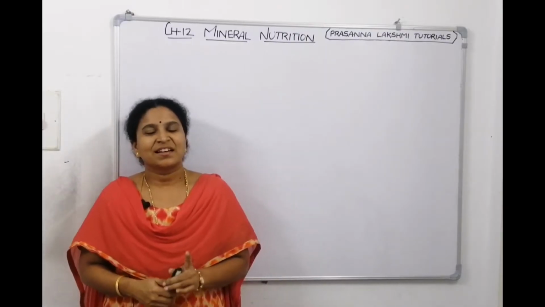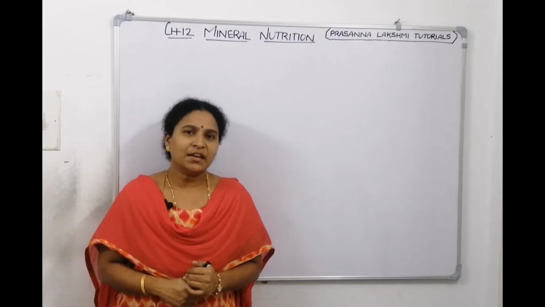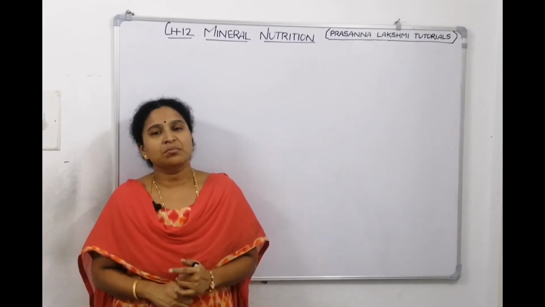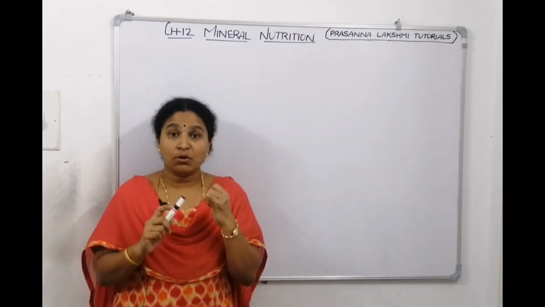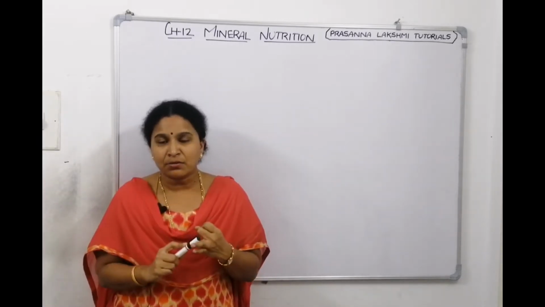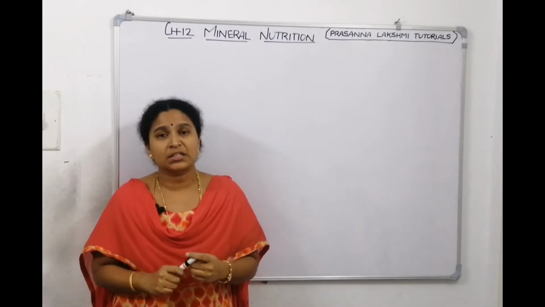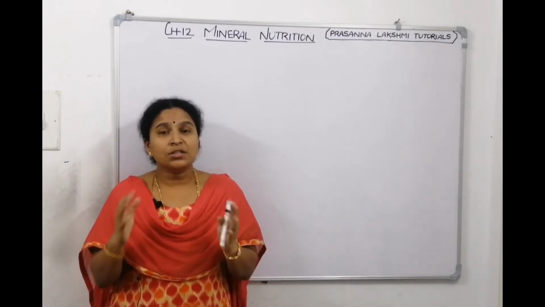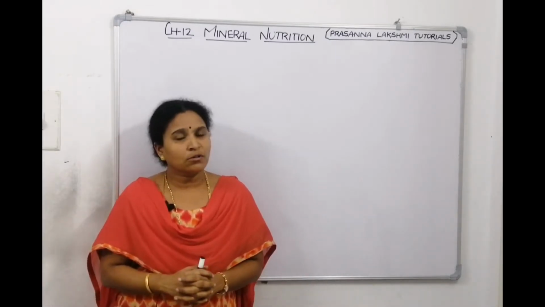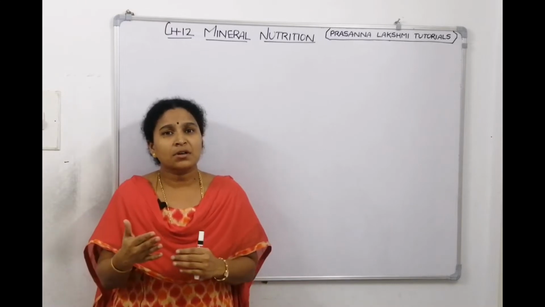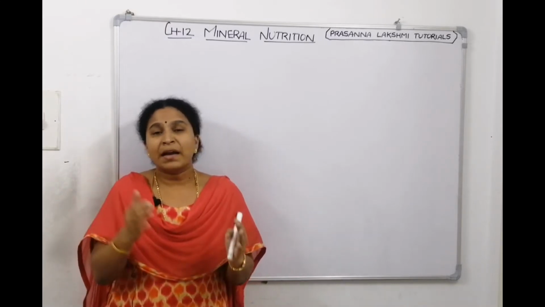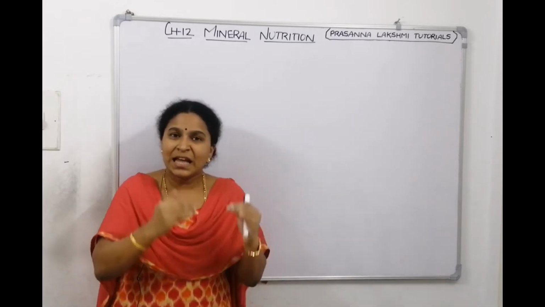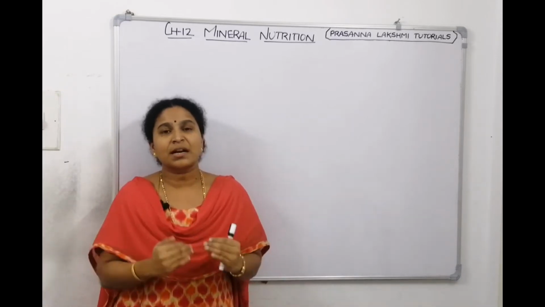Welcome everyone. In this lecture, we will discuss the next topic, deficiency symptoms of essential elements. In the previous lectures, we discussed what macro elements are, what micro elements are, and their roles. Now, what concentrations we need to give to the plant, we also discussed. Macronutrient concentration will be 10 millimoles per kg dry matter. Microelement concentration is less than 10 millimoles per kg dry matter.